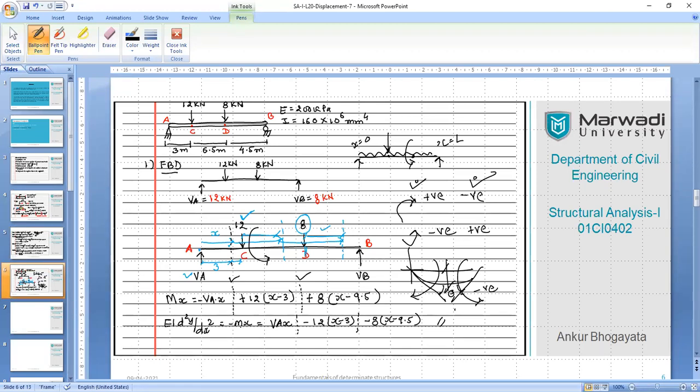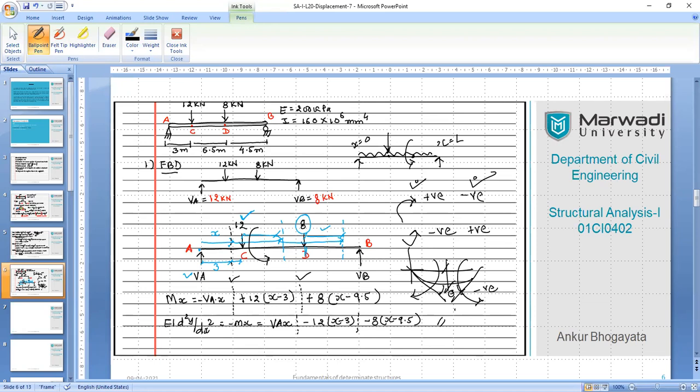So we have developed this generalized equation where you can see we started making this equation from the left hand, that is point A, and we traveled with x as a distance from A towards B, and whatever number of forces came across, we keep counting and keep writing them in the form of x distance. So ideally you have to take moment of all these forces about this section, not about point A, but about the section, but the distance will be written in the form of x, right?